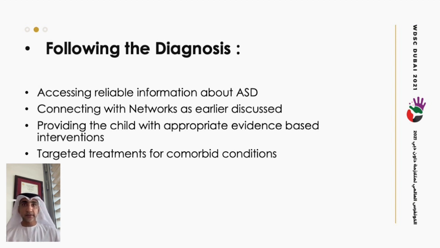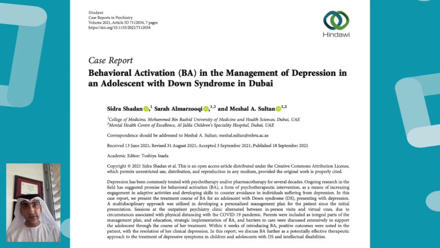And in this slide, we see a case study from Algeria's children showing the effectiveness of behavioral interventions in an adolescent with Down syndrome and comorbid depression. So I just showed this to highlight that autism is not the only comorbidity. There are other mental health concerns and issues that may arise and require interventions, and there are effective interventions available.